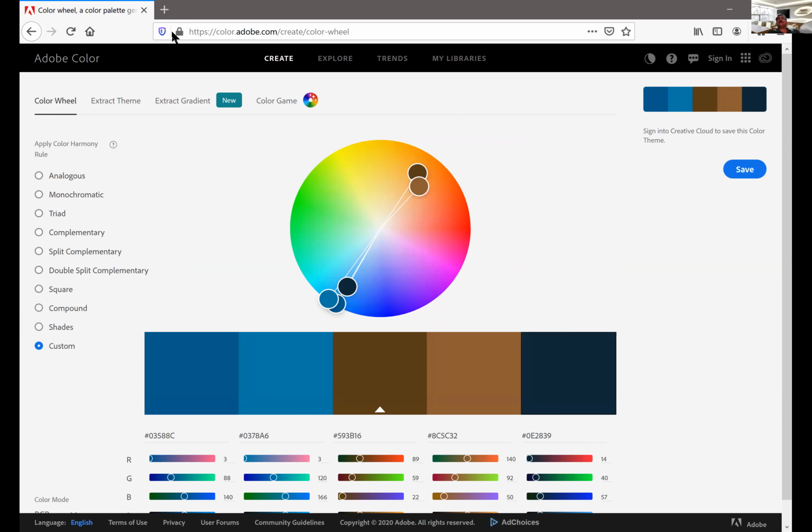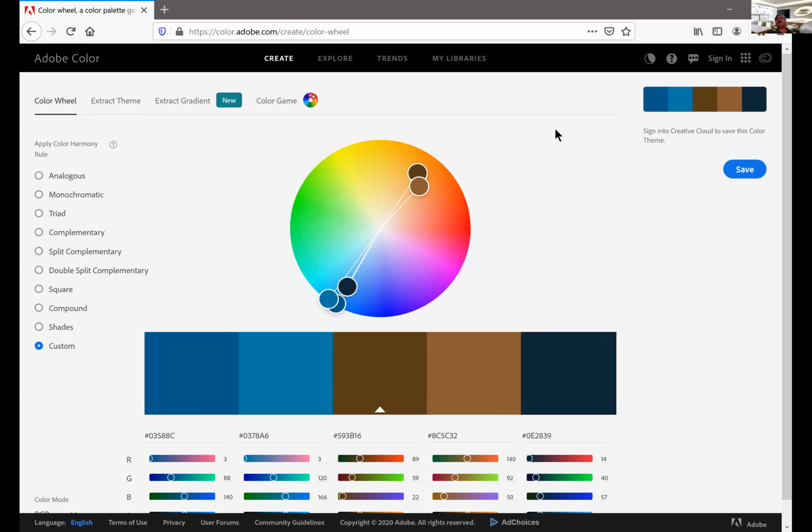So the sky was different, the lighthouse was different. So this is basically it used the complementary colors. So that's how. Now remember, this is how you can judge a particular color in the color wheel.